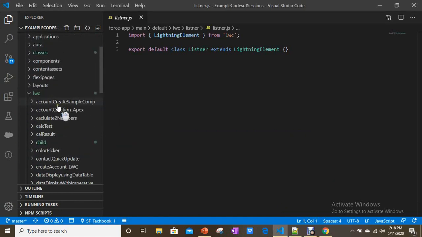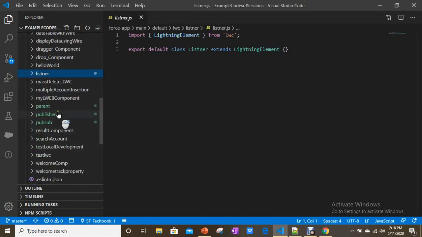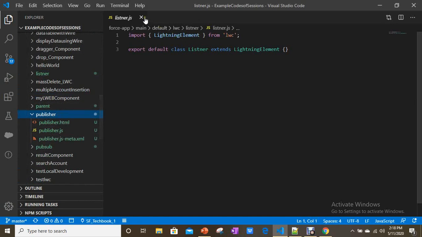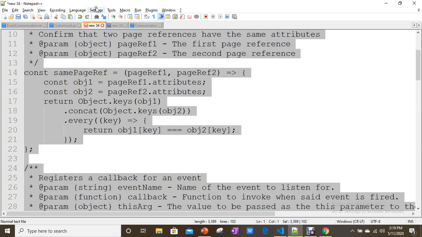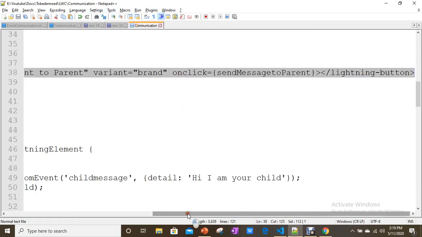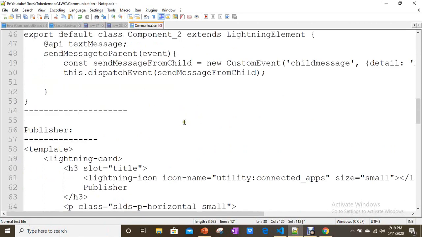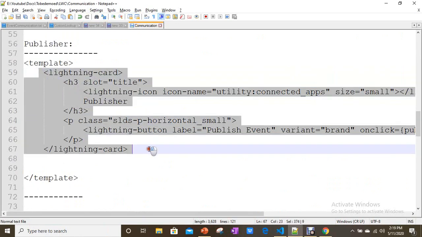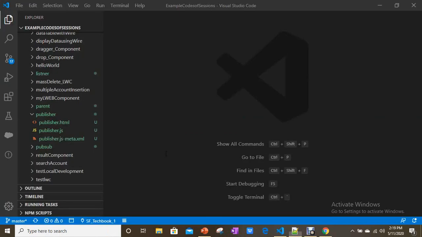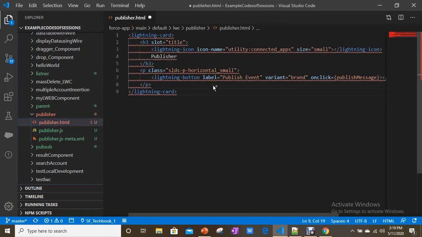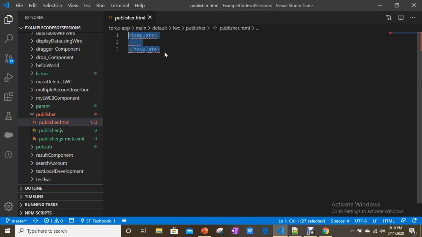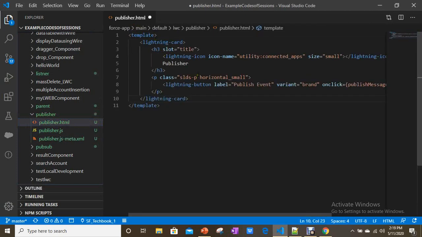Now we have the publisher thing, right? Cool. So let's go to our code. So here I'm going to add this one.